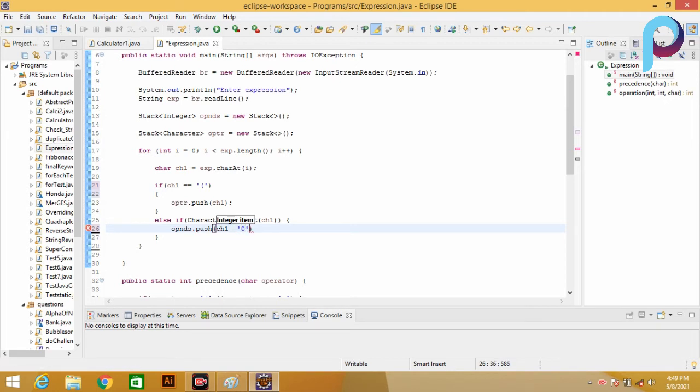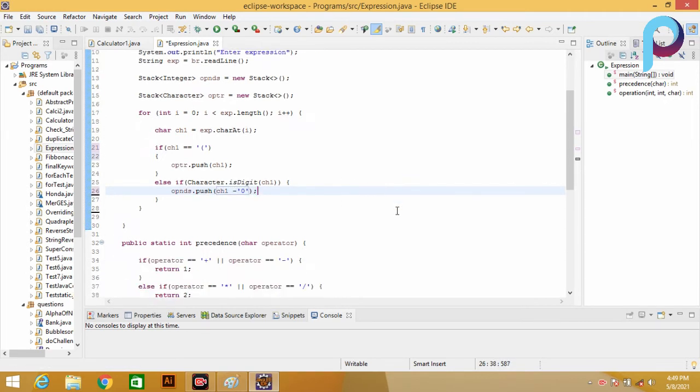We implicitly convert the character type into integer type. So with the help of the isDigit function, we check whether the character is a digit or not. If we find a digit, then we push it onto the operand stack.